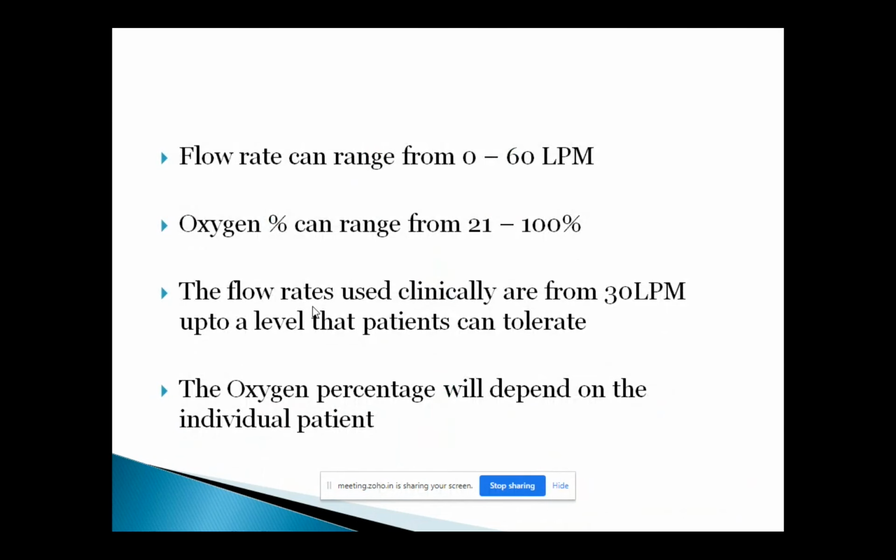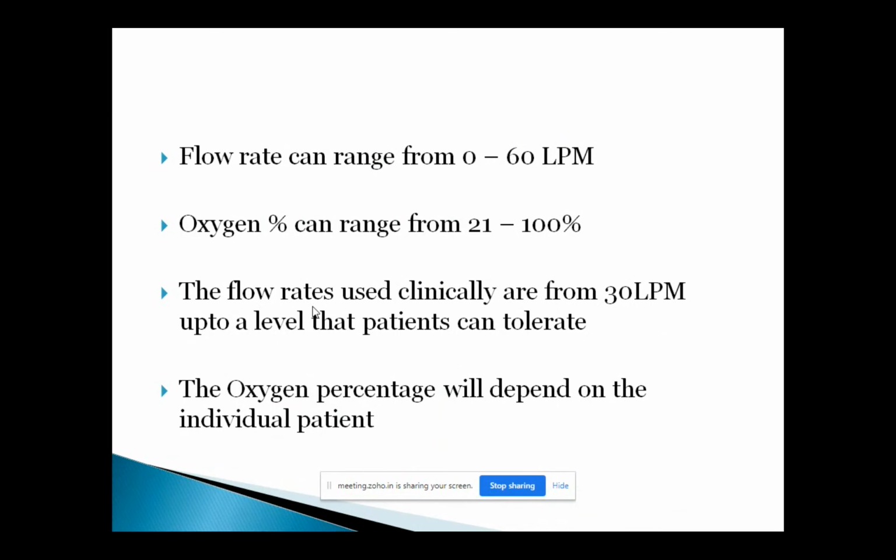So on the machine, you can set the flow rate from 0 to 60 liters. Remember, it's not oxygen you're setting, it's the flow of air from the machine. Then you can add the additional oxygen from 21% to 100%. So how can you tell it's 21% to 100%? You keep increasing the flow from the flow meter. The little device on the machine tells you, for example, if you set the flow to 30 liters and you start the oxygen from 2 liters or 3 liters or 4 liters, on the little screen, it will tell how much percentage of oxygen the patient is getting. So in that way, you know very clearly how much percentage of oxygen you are giving to your patient.